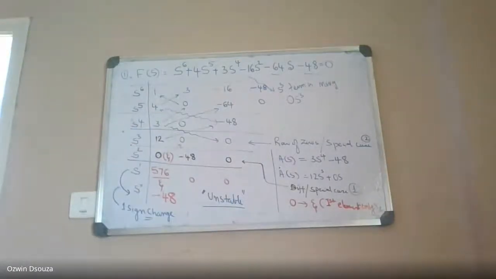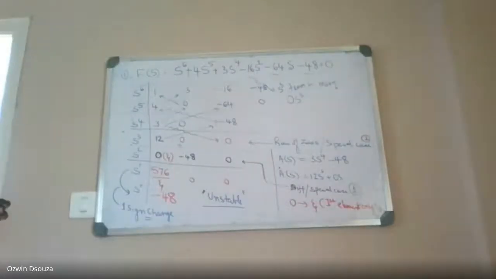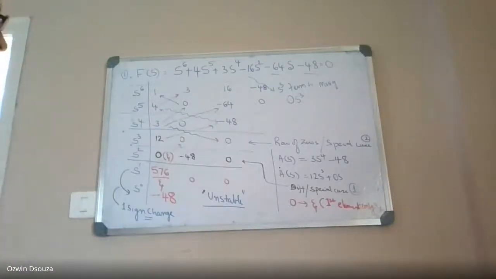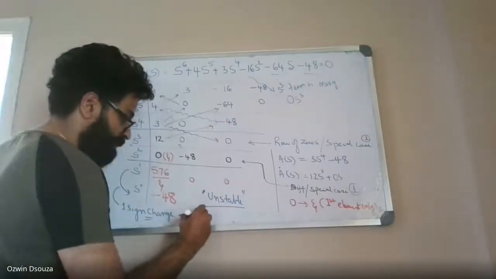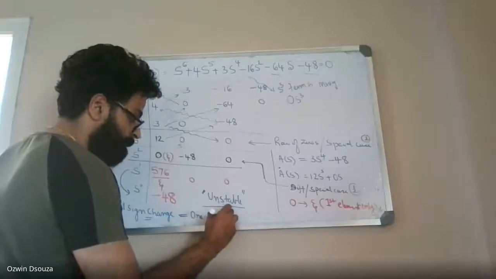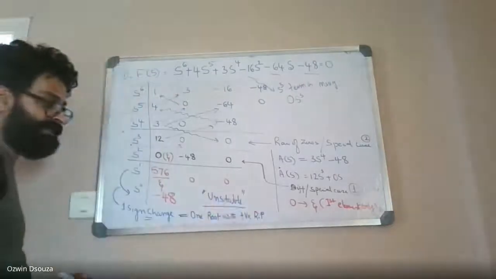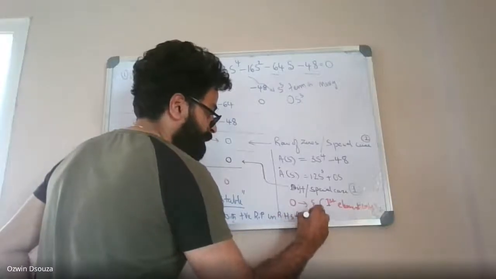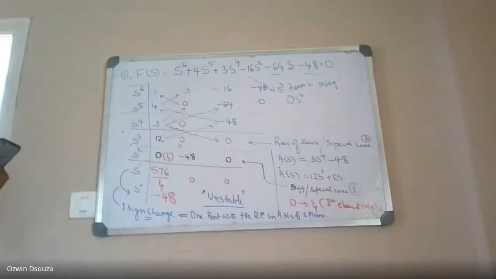And there was one sign change in the first column. You can say that there is one root found in the positive, RHS of the S plane. So since there is one sign change, one root with positive real part is present in RHS of the S plane. Okay. Because they have asked us to find